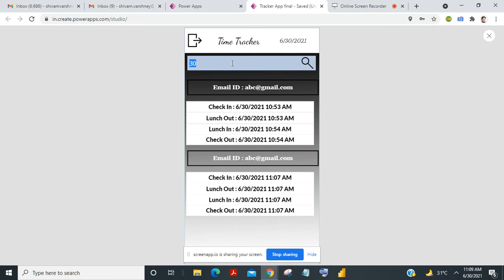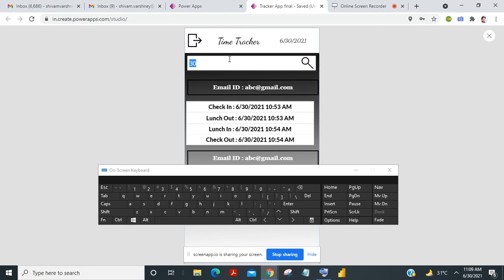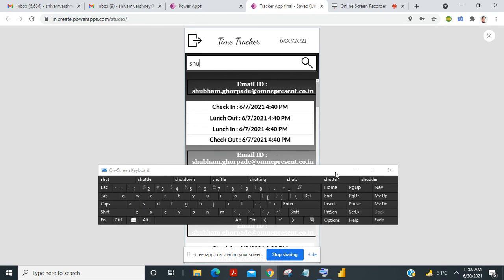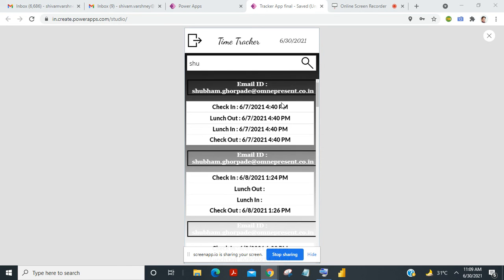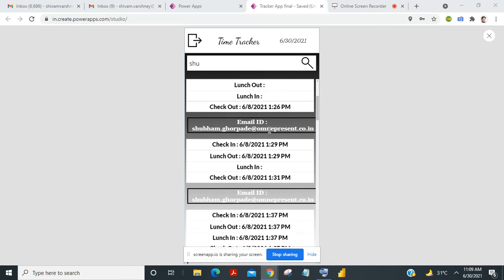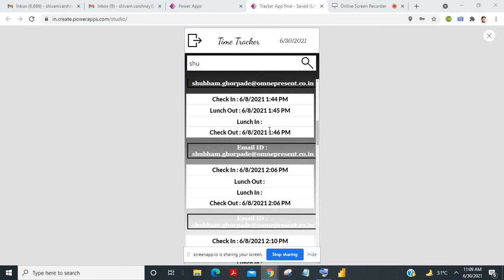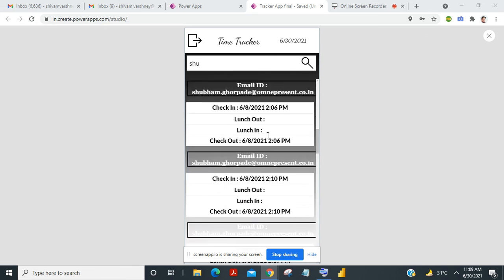In this, we can also search using the email. Like, I have entered SHU, then it will show me every email which starts with SHU, and their details: at which date they have logged in, with the check-in time, check-out time, lunch-in time, and lunch-out time.